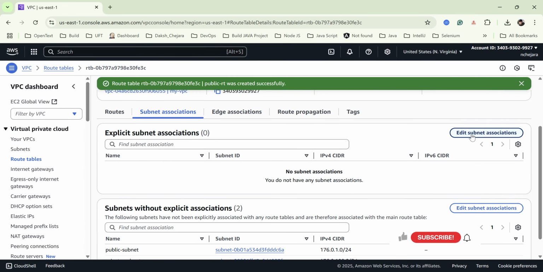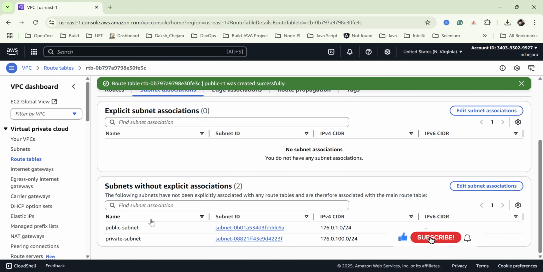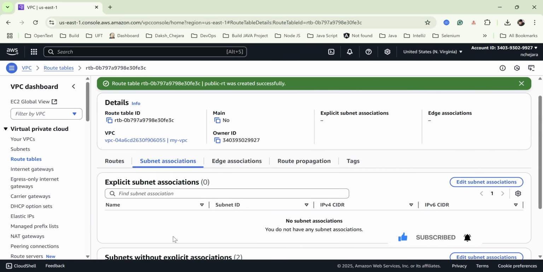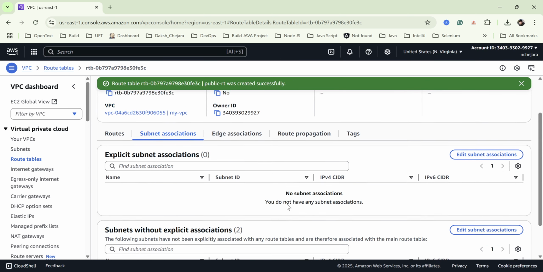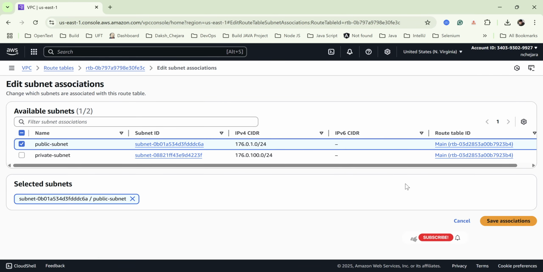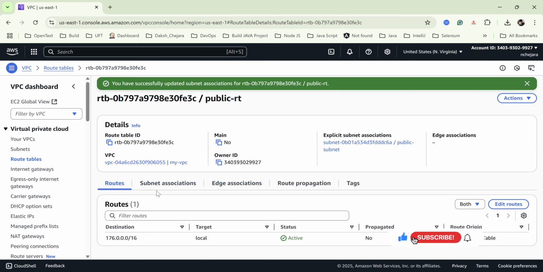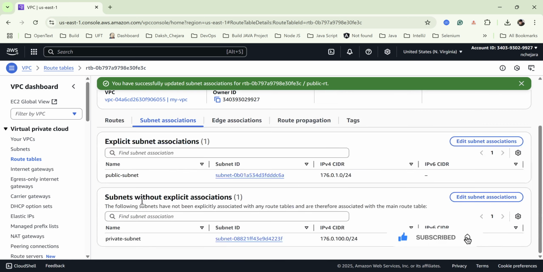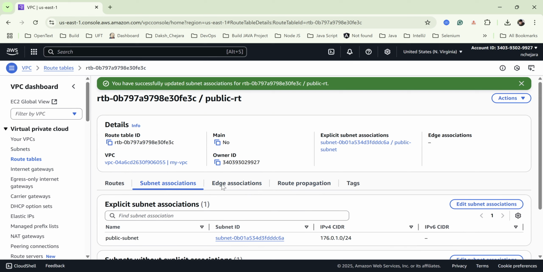assign the public subnet. By default, without explicit association, both the public and private subnets are accessing it. So let's edit the subnet association. We are going to assign the public subnet only. So now you can see we have assigned the public subnet. Okay, and then we have to